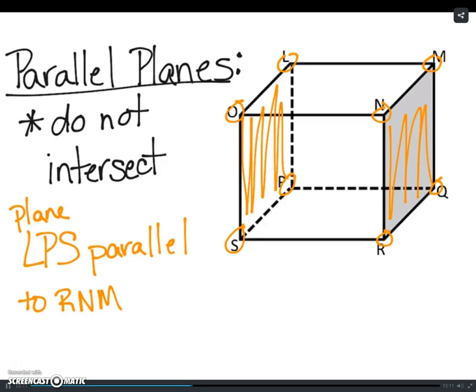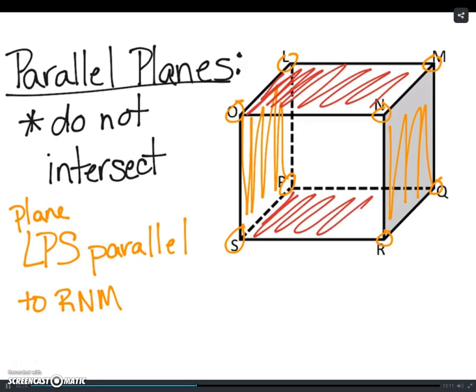Again, you have lots of options here for parallel planes. You could use the top and the bottom of the box as parallel planes. That would work. You could use the front and the back of the box as parallel planes, and that would work. Okay. So next we're going